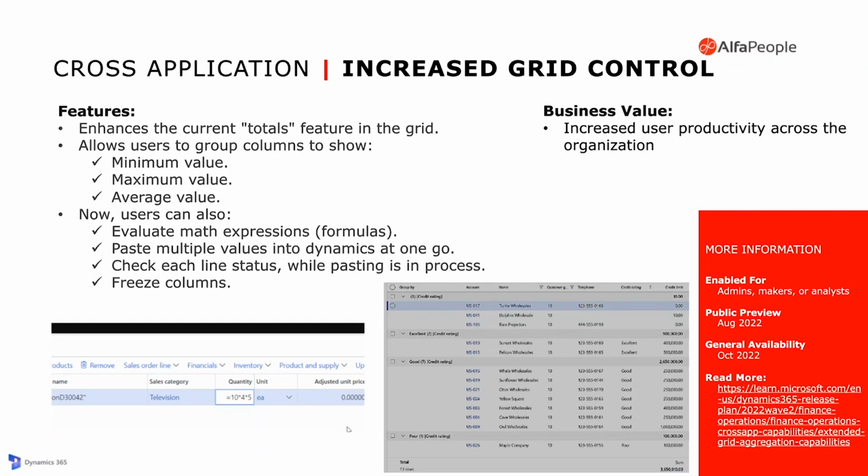While you're pasting high volume lines, you can also check the status of each line in real time. You can freeze columns, not to mention you can also group columns to display maximum values, minimums, average values, and what else. I'm sure this feature will ease many people's lives and increase general productivity in most companies